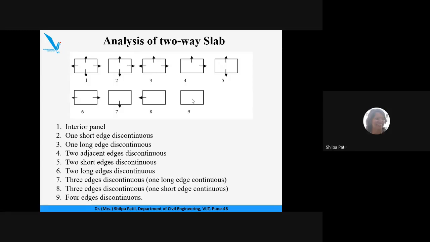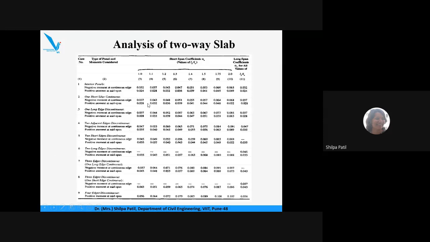Yes, ma'am. So now, depending upon all these 9 cases, the next table is there. You must understand all these 9 cases first, so that for all these 9 cases, you know how to consider the coefficients for bending moment calculation. Now, the concept of coefficients for bending moment calculation we have already discussed in yesterday's lecture. For continuous one-way slab design, we have already discussed how the coefficients are given for finding the bending moments for different conditions. Okay, the same concept is used here for two-way slab.